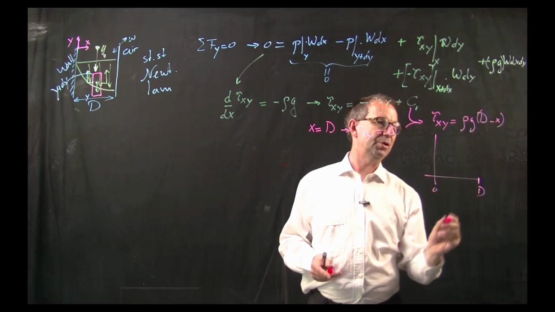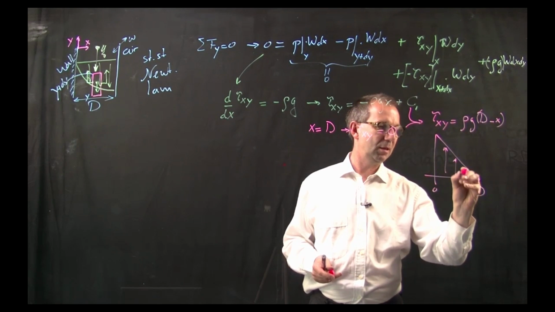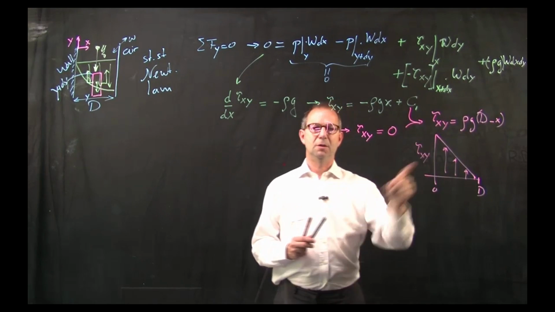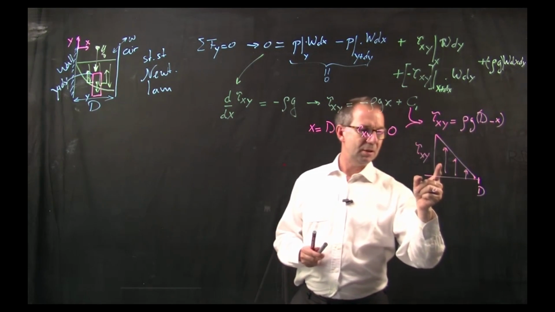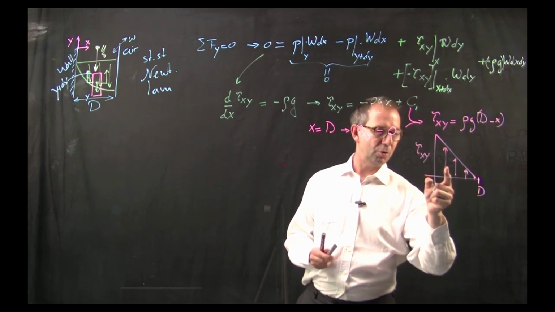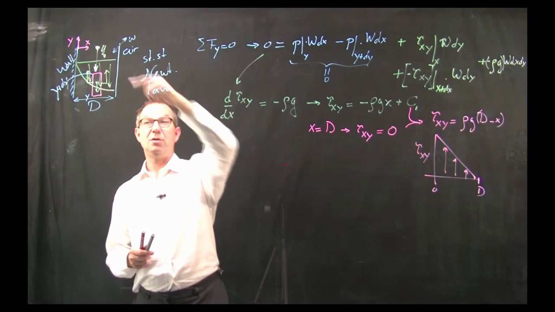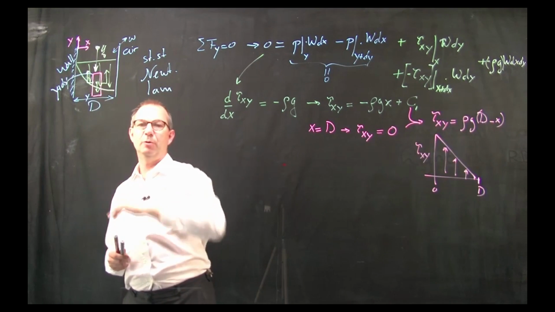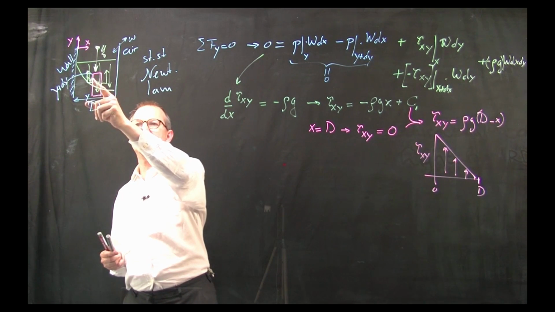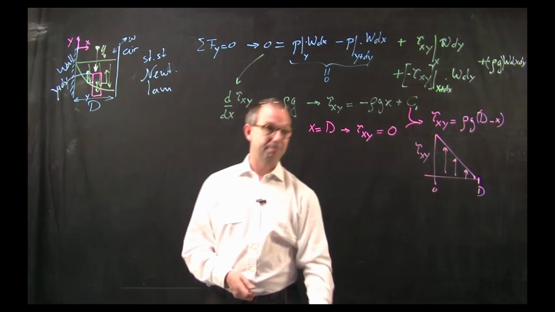which I can draw from the wall towards that. It's 0 here and it starts positive. So this is tau xy. Okay, let's pause for a minute. Do we understand this? It says that liquid here has a positive upwards force on liquid there. That makes sense, because the liquid is coming down at a faster velocity. If you move outwards, there's less influence of the wall. And thus this liquid flows slow, this flows faster. Slower liquid slows down, pulls up the faster liquid. Exactly what I calculated. So all seems fine.